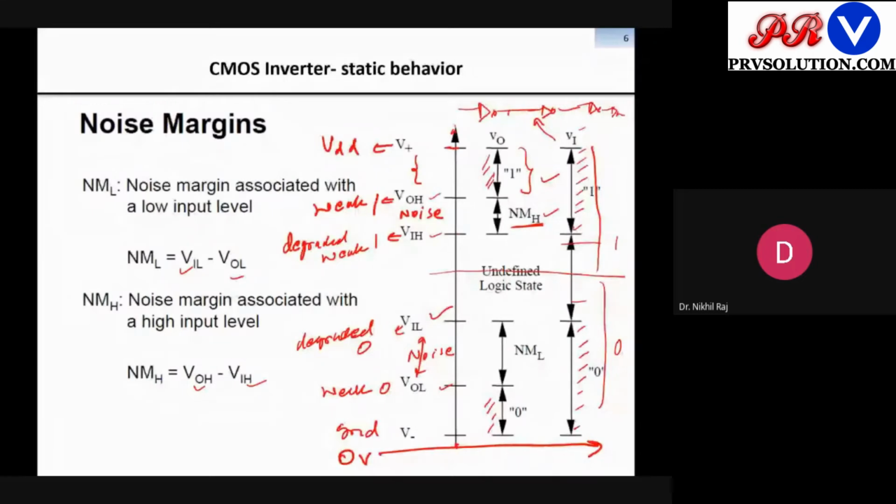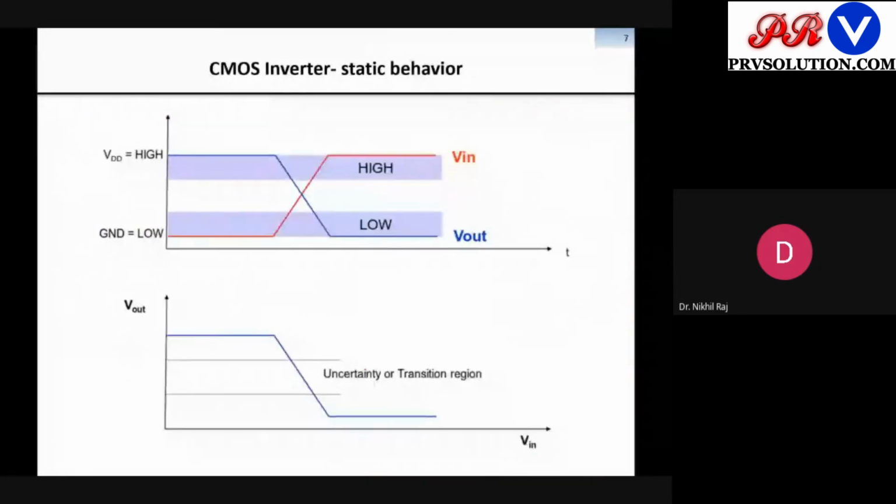In the static behavior, we will be studying the calculation of noise margins. So this is the inverter, and suppose the input is low, and we give a simple pulse, so it starts with 0. If it is an ideal inverter, at the same time the output will be reflected. If it is a very fast device, both will be aligned, but a sudden 0 to 1 cannot happen. There will be a nanosecond difference, so a slope is there, and it changes to logic 1, and correspondingly the output goes to logic 0. So this is the inverter characteristic.